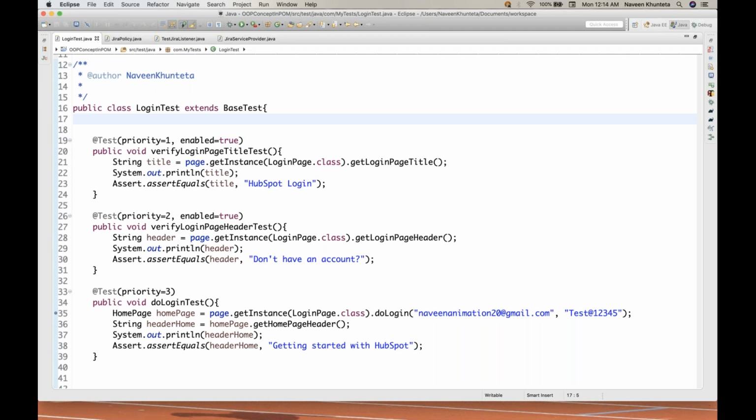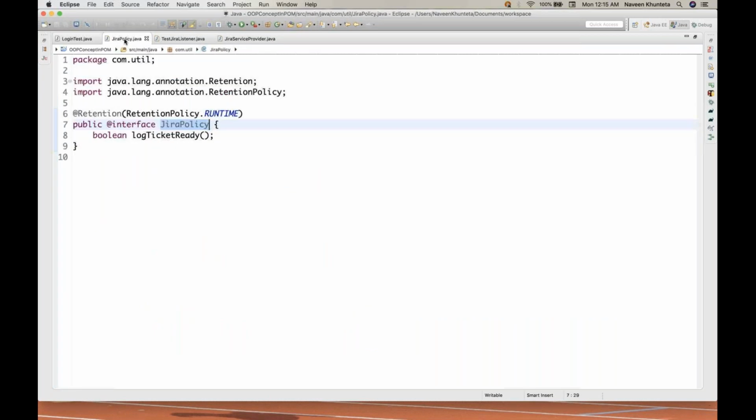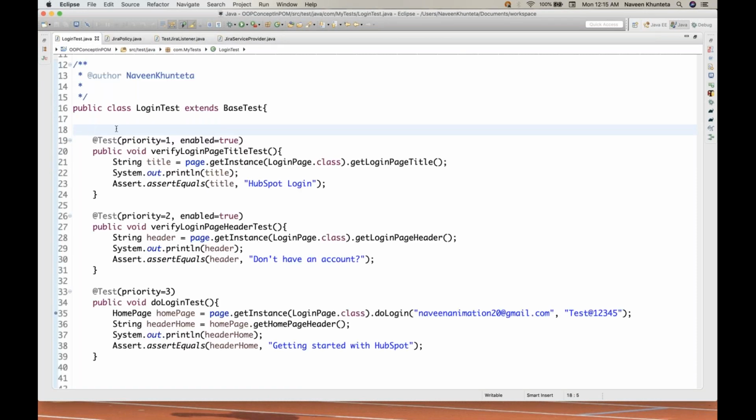Under your LoginTest.java, what do you need to do? For which test case do you want to raise a Jira ticket? So let's say I want to raise my Jira ticket for all the test cases. So above your @Test, you can create your own annotation. Remember that Jira policy, the retention policy that we have created. So you can add this particular interface as an annotation in your test class. I know this is something new for you guys, but this is a very smart thing that we are using. So let's say JiraPolicy, and